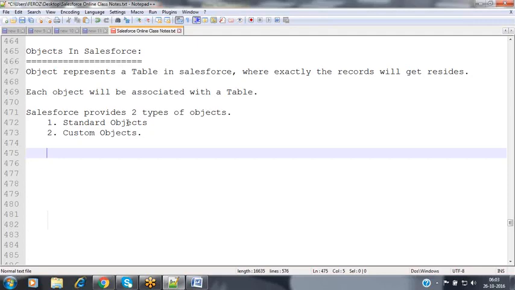In order to store that data, they created tables, and those tables are referred to as objects in Salesforce. They are available to you by default because you are also one of the customers utilizing the Salesforce services, whether free of cost or based on licenses.